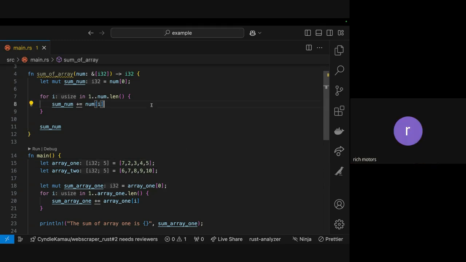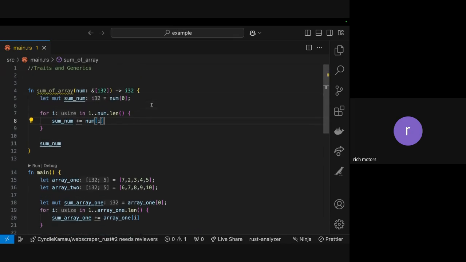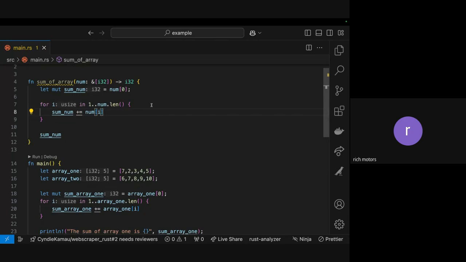Yes, so you're saying that the index 0 of the num array, you're literally saying it is 0 at index 0. With my knowledge of Web 2, normally you assign array 1 to be 5 digits in size, right? But if you're counting by indexes, this number 7 will be index 0, then index 1, index 2, index 3, and index 4. So at the end of the day, it's just 4 index.